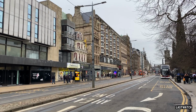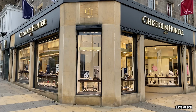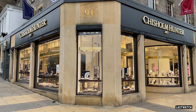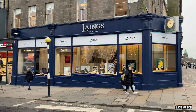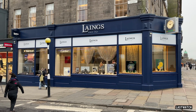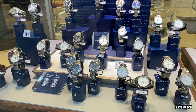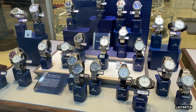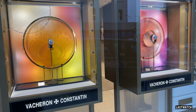The throngs of tourists and gift-seeking shoppers have gone. Call me selfish, but it's the ideal time for a YouTuber to glide from watch shop to watch shop without fear of bumping into someone taking a selfie or getting your knees bashed by a multitude of designer-labelled shopping bags. You can spend countless hours window shopping your favourite brands, checking out exhibition-only models or drooling over watches that you